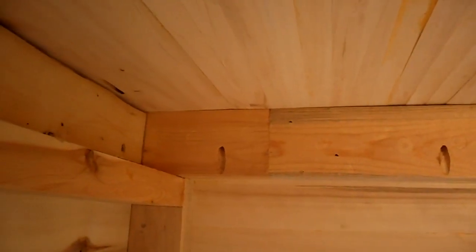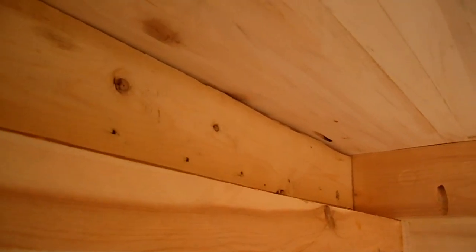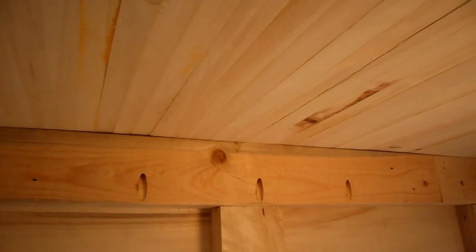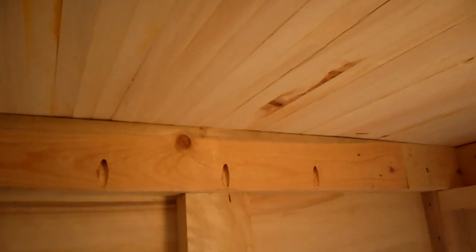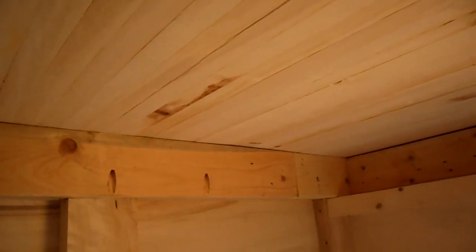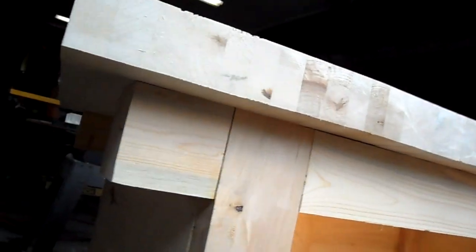Well, time will tell. But I've got it all sealed up there, so most of the dust won't be able to infiltrate this. After I get the top completely sanded and smoothed, I'll do some more sanding on the outside of the workbench,